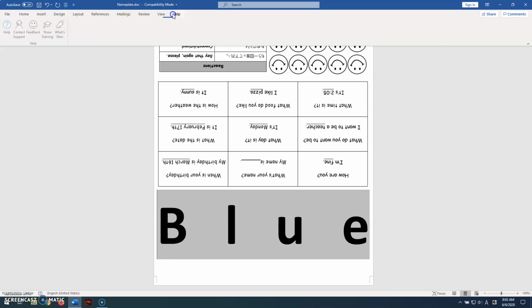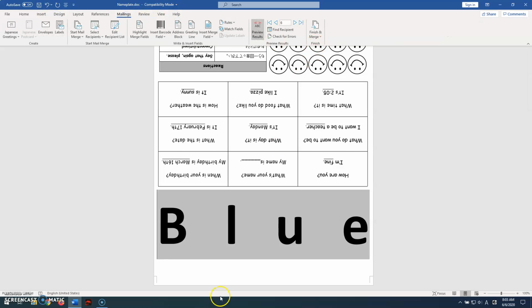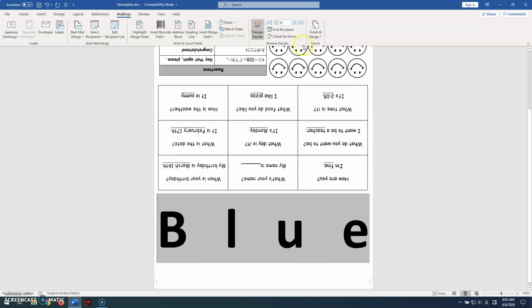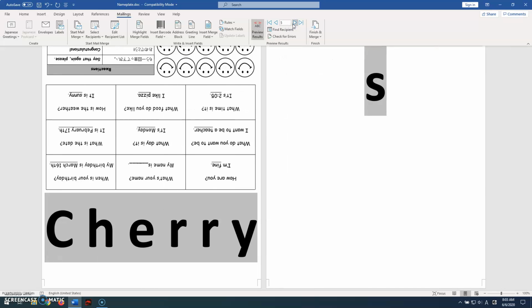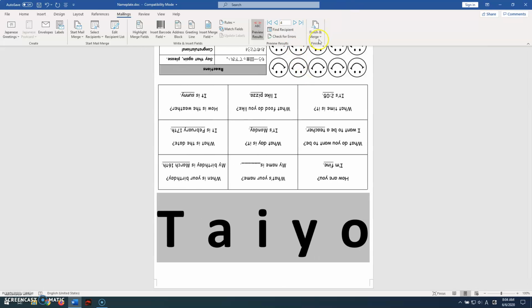So next we're going back to mailing, and we're now going to print all of these. So we see I have a few records. We're going to go from 1 up to 4. So we're going to finish and merge. This is how we're going to print it. We're not using the Control P function. We're not using the print documents unless you want to print a single name. Then you could print a single name. Otherwise, click Print Document,